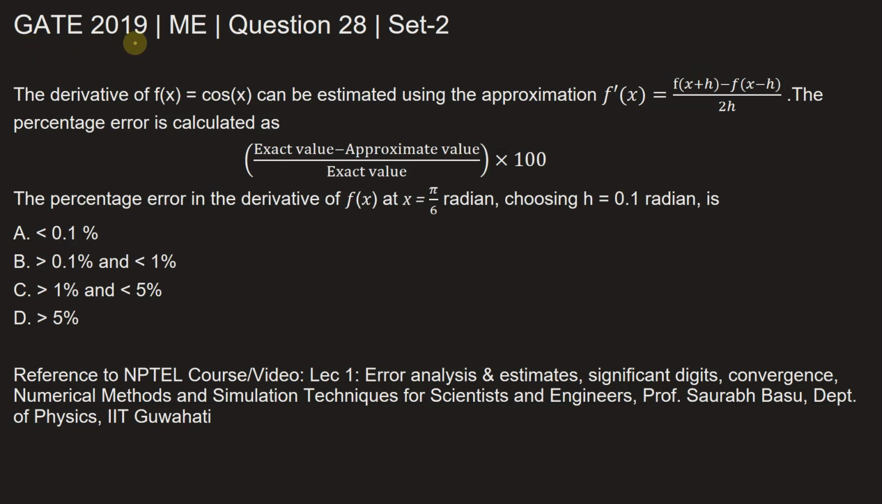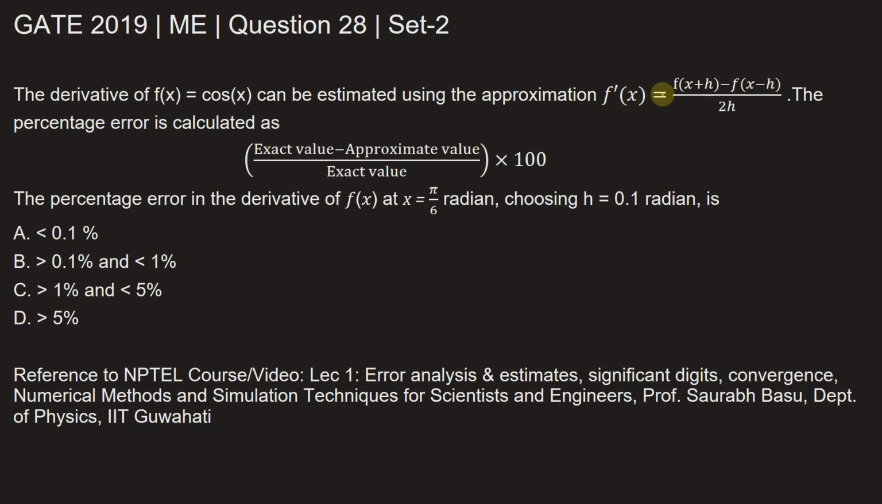This problem is from the GATE Mechanical Engineering paper of 2019. This is question number 28 of set 2. The question is, the derivative of f of x is equal to cos x can be estimated using the approximation